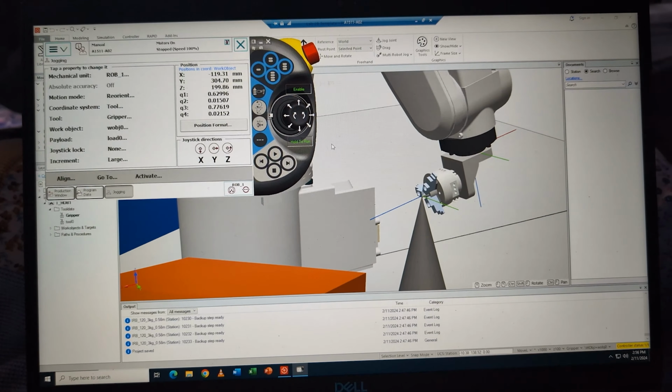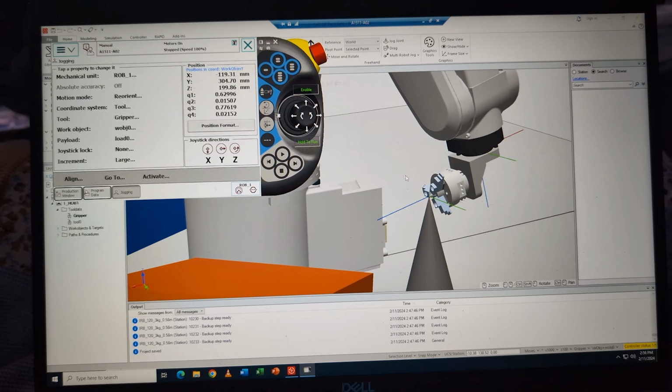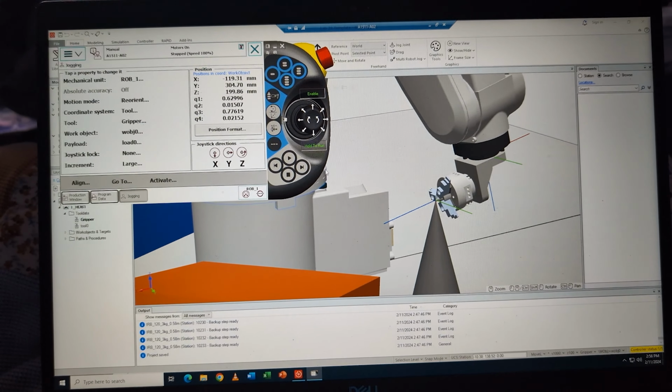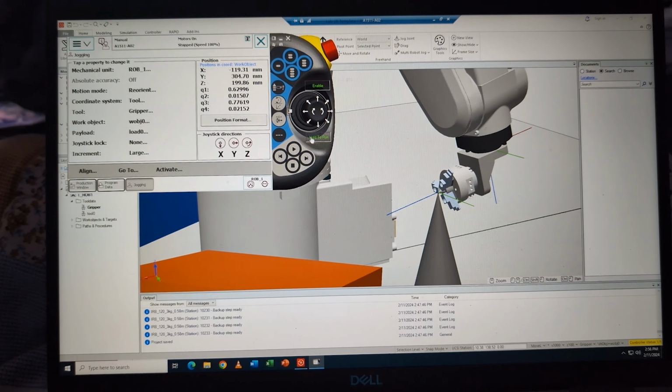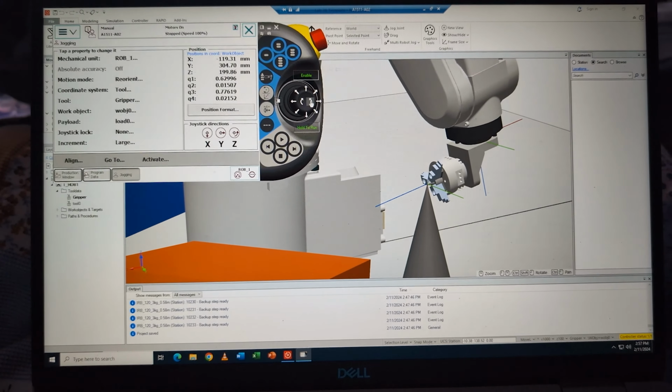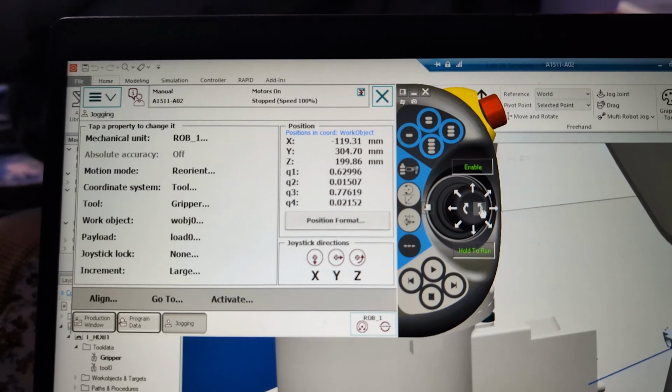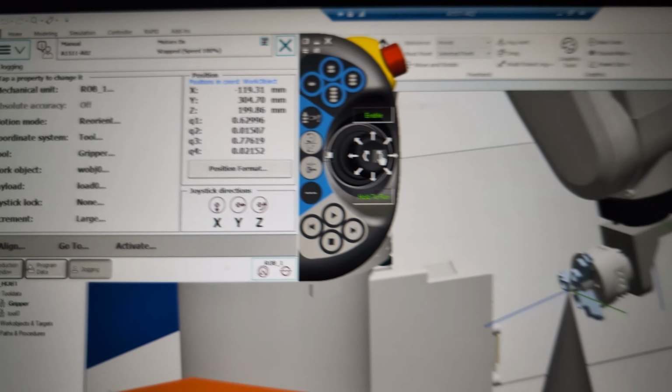So the robot is already in the teach mode, right? The axes have been taught, and now we're going to move the robot. So first we're going to rotate the robot around the X and the Z axis. Okay, now if I rotate about the Z axis, you can see